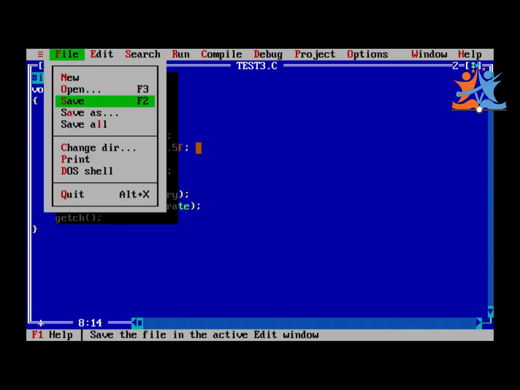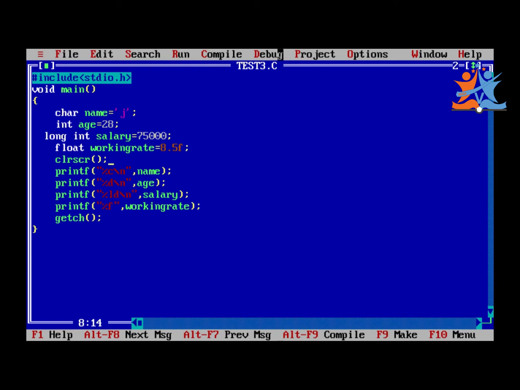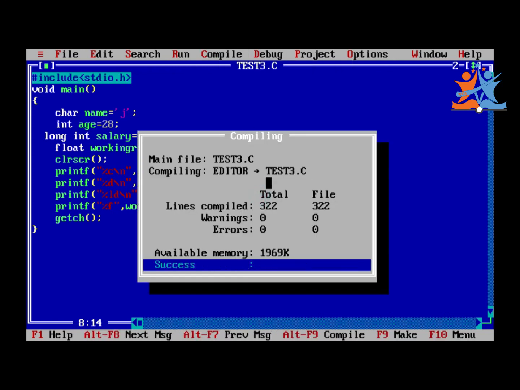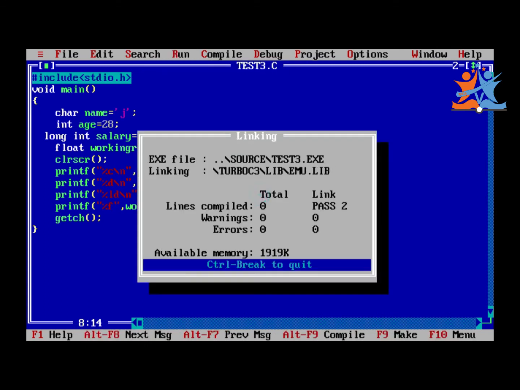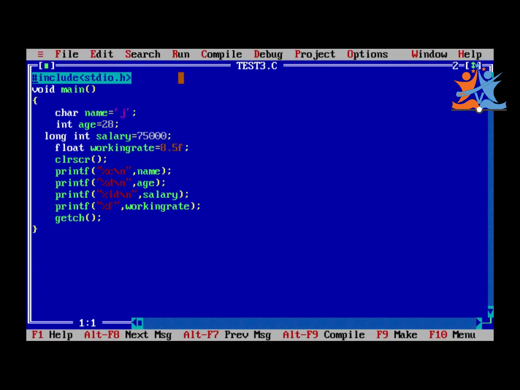Save again, then compile once, zero errors and zero warnings, and run once. Okay, so see, J 28 75,000 8.5. Okay, this is the way we can use.